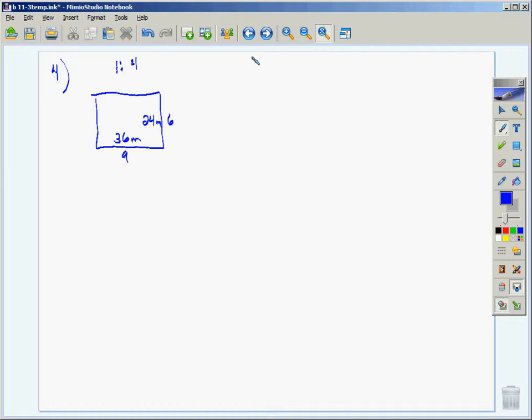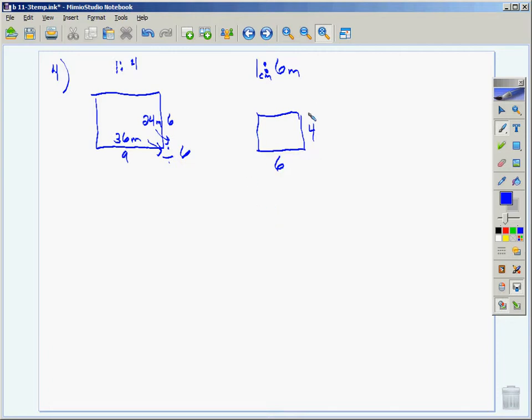And they asked me to redraw it at a rate of 1 to 6, 1 centimeter to 6 meters. To do that, I've got to take each one of these numbers and divide it by 6, because now I'm going to go from meters to a new drawing. 36 divided by 6, this would have been 6 units long. 24 divided by 6, this would have been 4 units long. And it really wouldn't have mattered where I gridded that on that grid paper, so long as it was 6